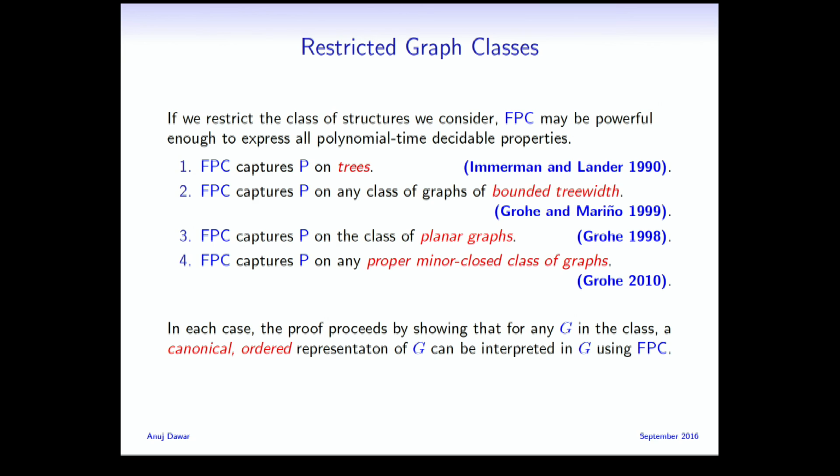So what's the meaning of the third statement on planar graphs? Any polynomial time property of planar graphs is expressible in fixed point with counting. Just that. Your equations are not? They're definitely not planar. I mean, if you turn them into a graph, or if you look at the Gaifman graph of these equations, it's definitely not planar. Okay. Right?